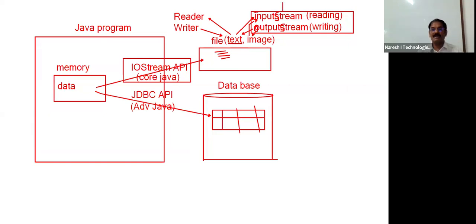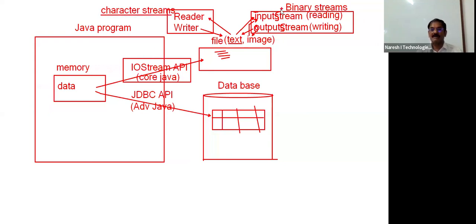Input stream and output stream read data in binary format. That's why these streams are called binary streams. What streams are they called? Binary streams. Reader and writer handle the data in terms of characters. That's why these streams are called what? Character streams. So if an interviewer asks how many types of streams Java supports,